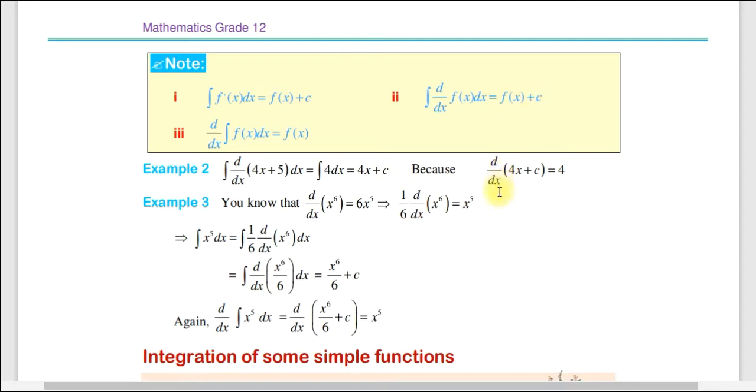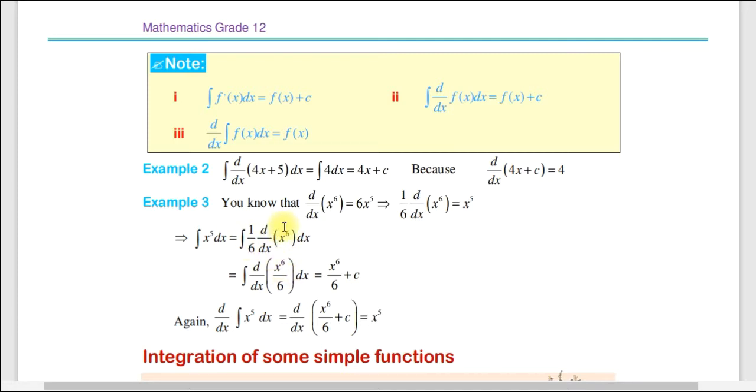Because the derivative of 4x plus c is equal to 4 ስለሆነ ነው ይለናል ማለት ነው። ሌላኛው ኤግዛምፕል ደግሞ, you know that d by dx of x power of 6 is equal to 6x power of 5, which implies that 1 over 6 d by dx of x power of 6 is equal to x power of 5 ይለናል ማለት ነው, which implies that the integration of x power of 5 dx, which is equal to the integral of 1 over 6 d by dx of x to the power of 6 dx. ስለዚህ ውስጥ ያለው መጀመሪያ ኢንተግሬት እናደርጋለን፣ ኢንተግሬት ስናደርግ ደሪቬት ስናደርግ ማለት ነው ውስጥ ያለው።